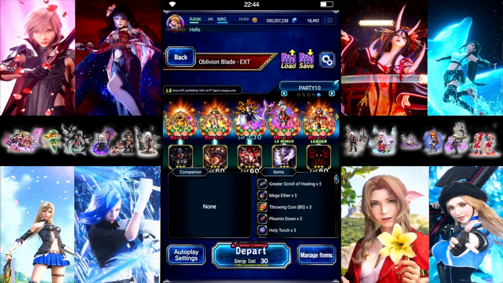Hello everyone. We're heading into Oblivion Blade Extreme version. Gonna go for all missions with a budget team. Our missions are no items, no continues, and no death, which means we don't have to worry about a turn